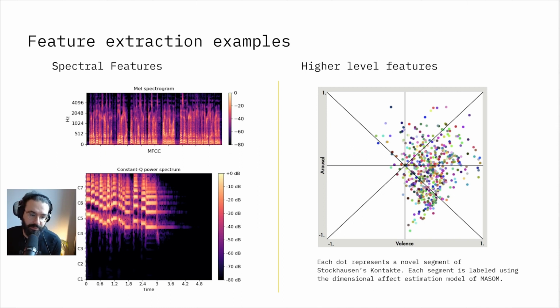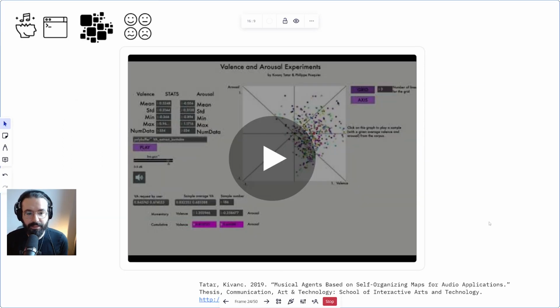We have publications on this, if you're interested, showing that there has been consistency across a variety of people rating these. And on those ratings, we trained the machine learning algorithm to come up with this. But here what I'm trying to say is that we can have also higher level features and train a machine learning algorithm on those features as well. Let's see an example in which we calculate higher level